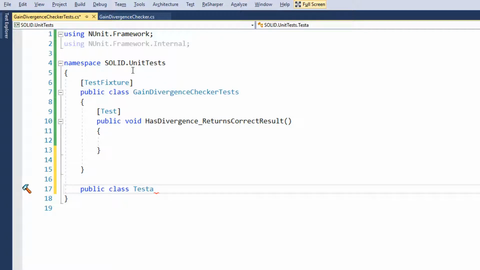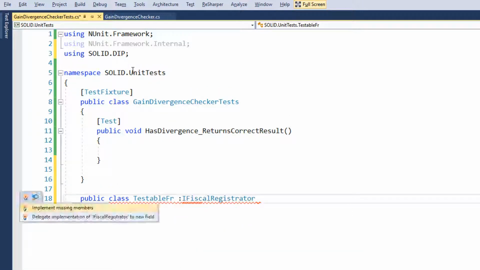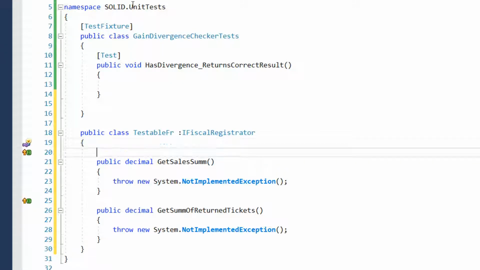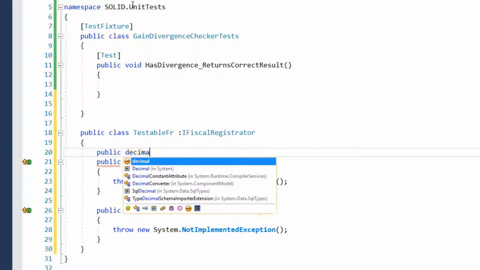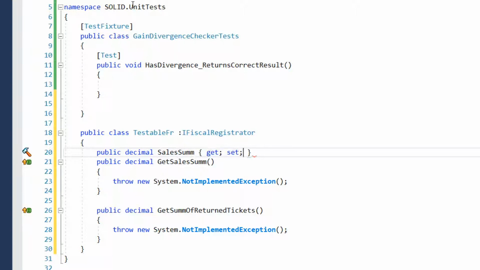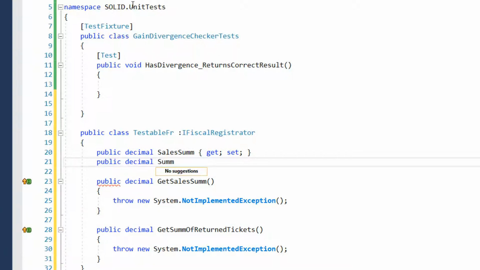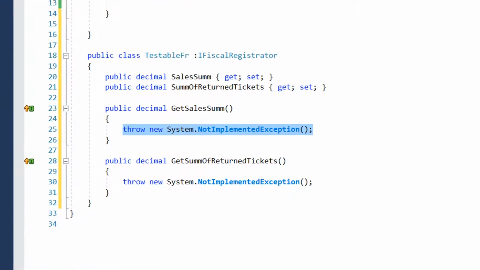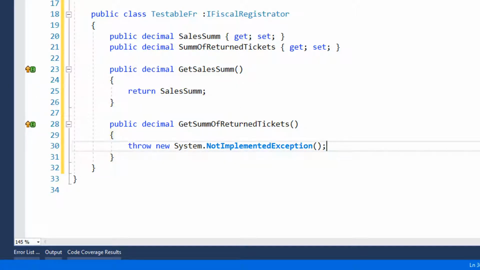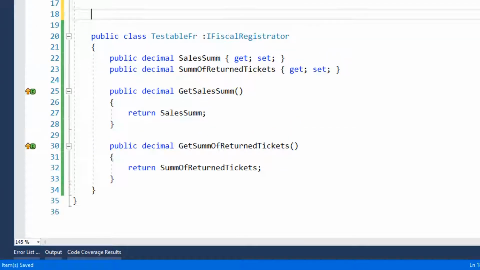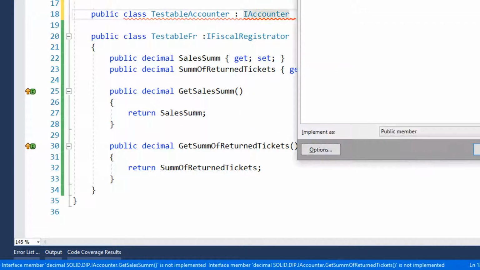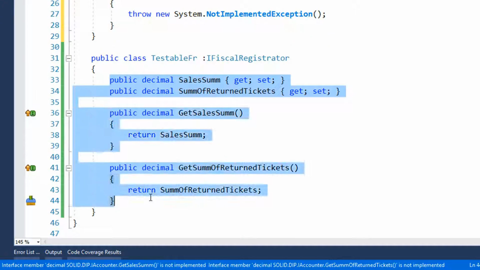And I'll create a TestableFiscalRegistrator, inheriting it from IFiscalRegistrator. And what am I going to do here? I'll define the sales sum decimal and sum of return tickets, reflecting the intention of this class, but I return the value which is going to be set via properties directly, and the same goes with the TestableCounter. So I even copy and paste all the code,